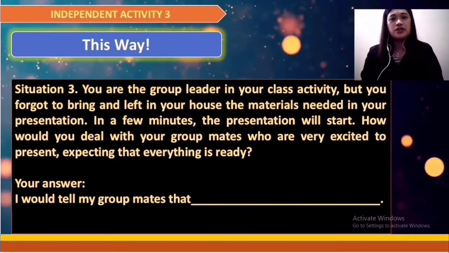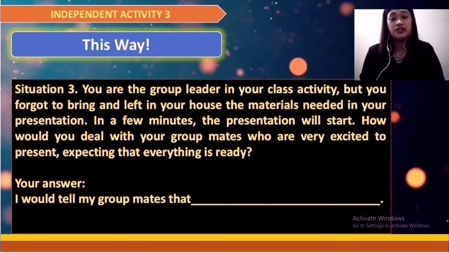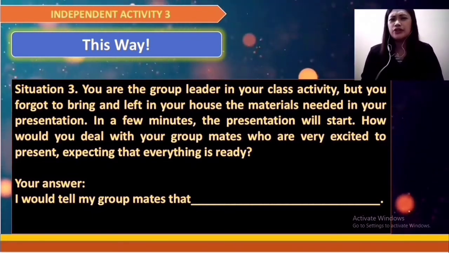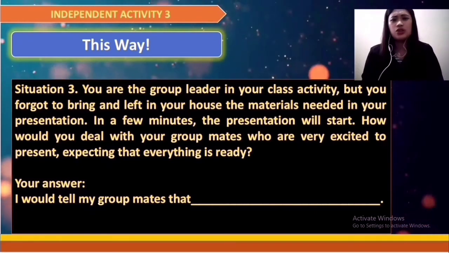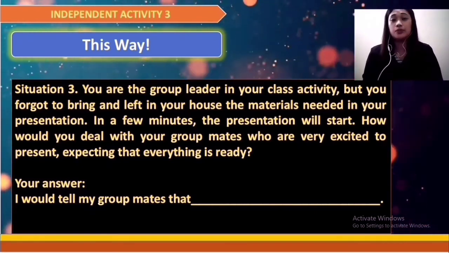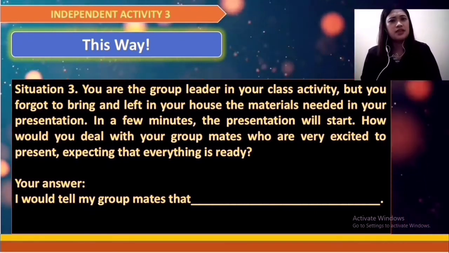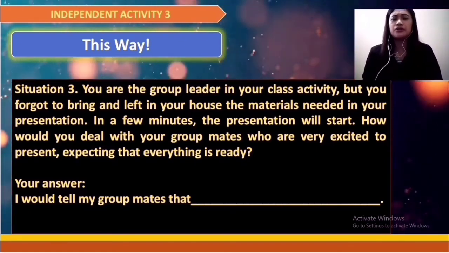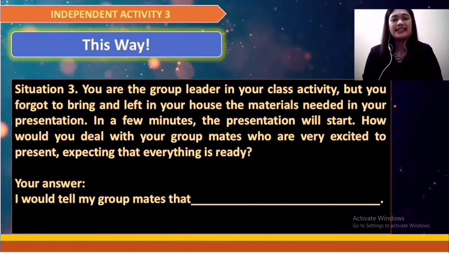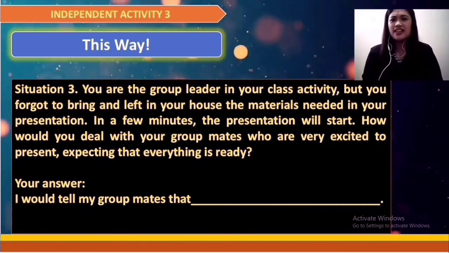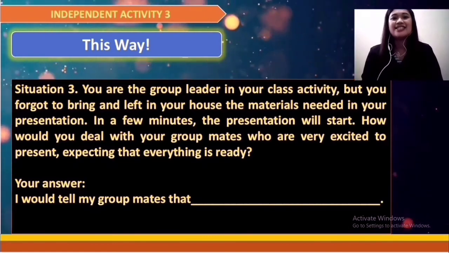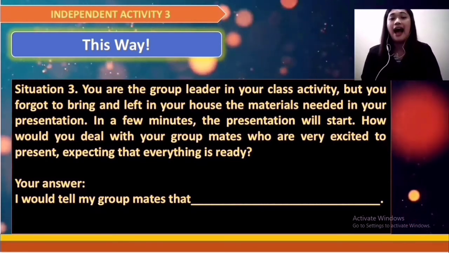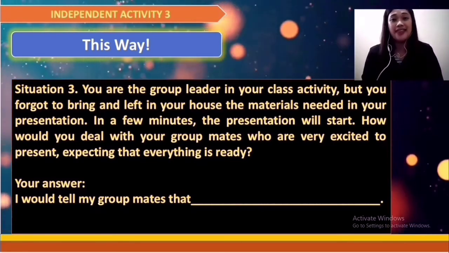And situation number 3, you are the group leader in your class activity, but you forgot to bring and left in your house the materials needed in your presentation. In a few minutes, the presentation will start. How would you deal with your groupmates who are very excited to present, expecting that everything is ready? Start your answer with, I would tell my groupmates that...